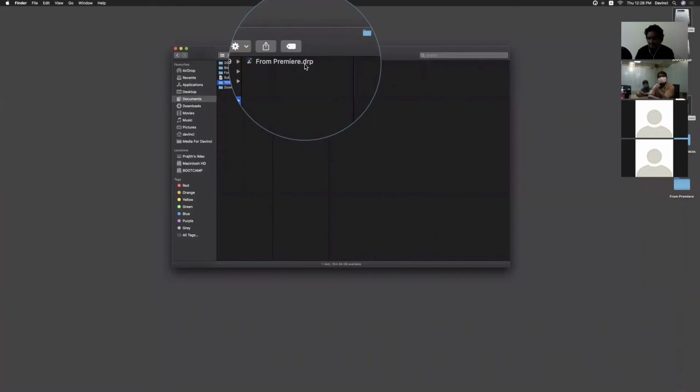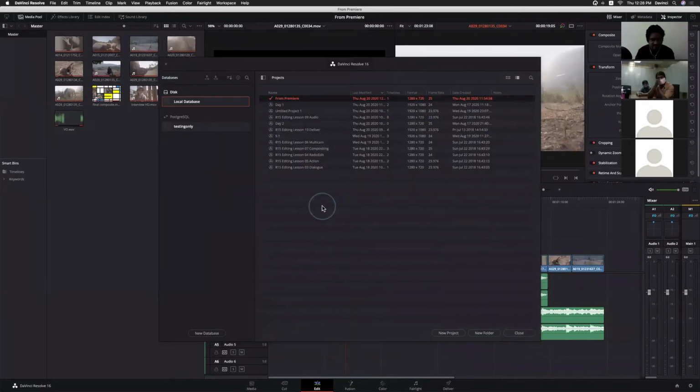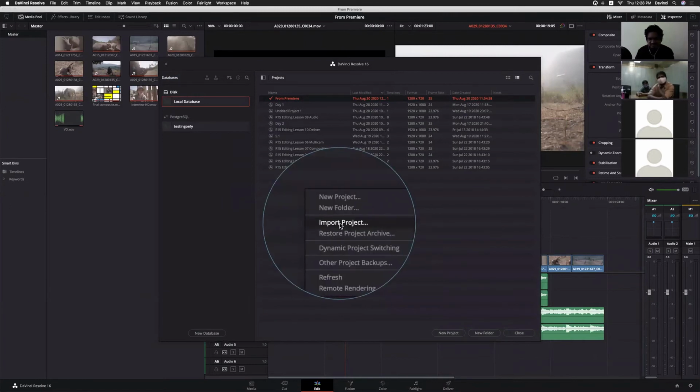the .drp file. Okay. And how can we import this project into our regular DaVinci, right? So now by right clicking here, we do have an import project option also. Like import media, we do have import project also. We need to import that project, and if you have the media files, it will automatically relink everything. Otherwise we need to do it manually. It's only for a particular project.